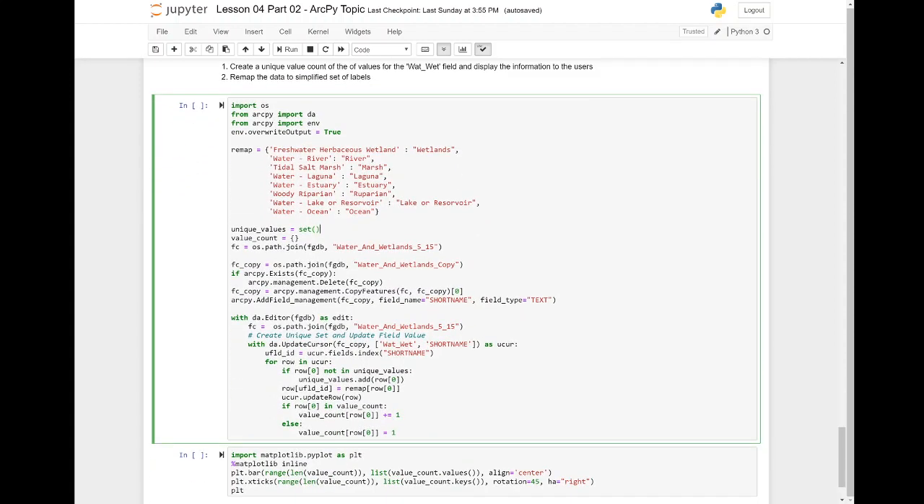So here we have our unique set of values with our value count. We have a feature class where our data is. We're going to create a copy for what we're doing for this short purpose. Copy our data, add a field to it, start our editing session, and we're going to take advantage of using an update cursor in this case to not only walk our data, but to also update the values when it meets some criteria. So we're going to go ahead and get the index for our short name